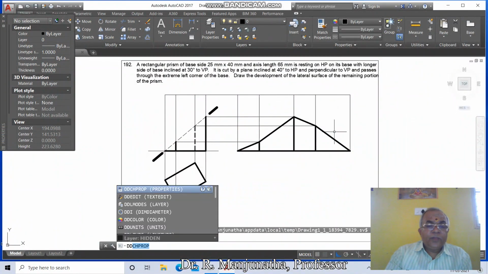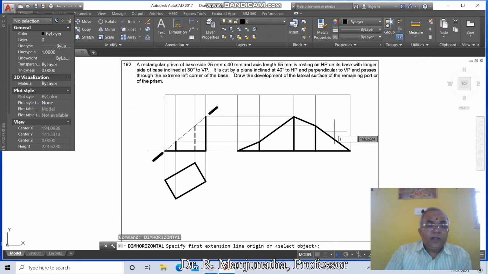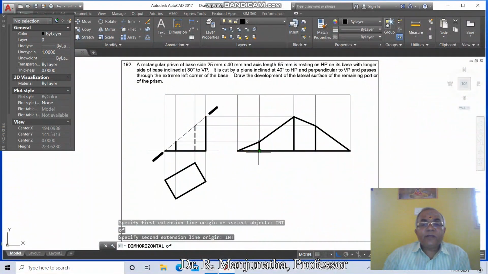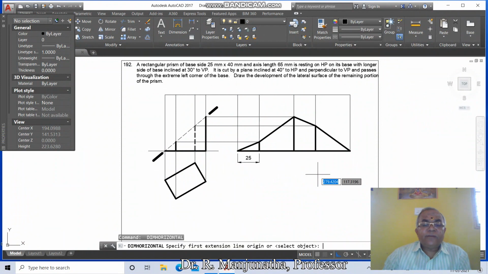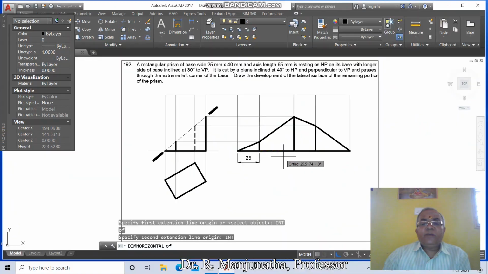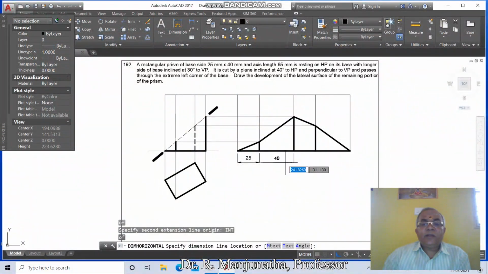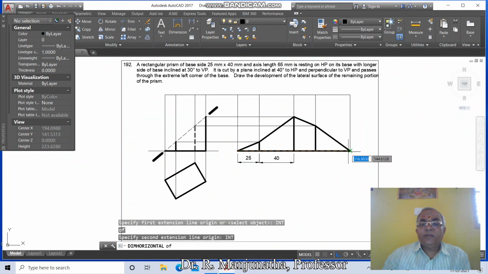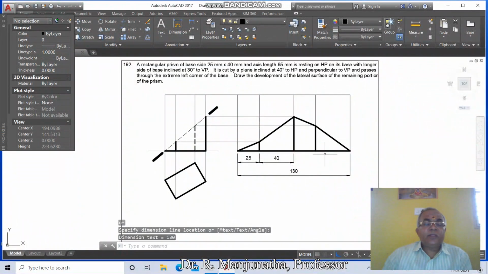Then go to dim horizontal. Take INT of this and take intersection part of this and take this dimension as 25. Similarly, dim horizontal, INT of this and INT of this and give it as 40, and dim horizontal, INT of this and INT of this and give the dimension as 130.